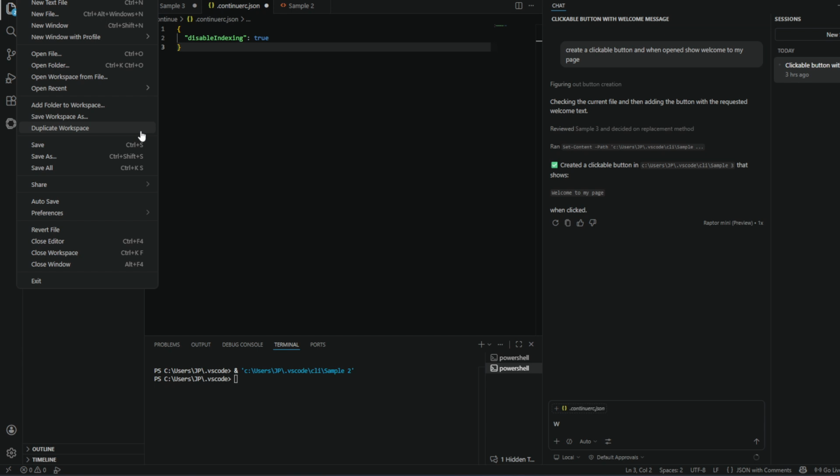And that's all there is to it. By opening Visual Studio Code, clicking on File, and choosing Duplicate Workspace, you can quickly create a separate, identical environment to work in, giving you more flexibility and control over how you manage